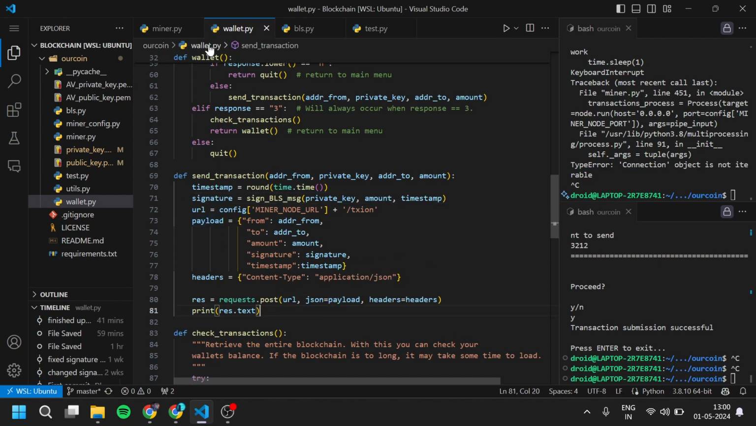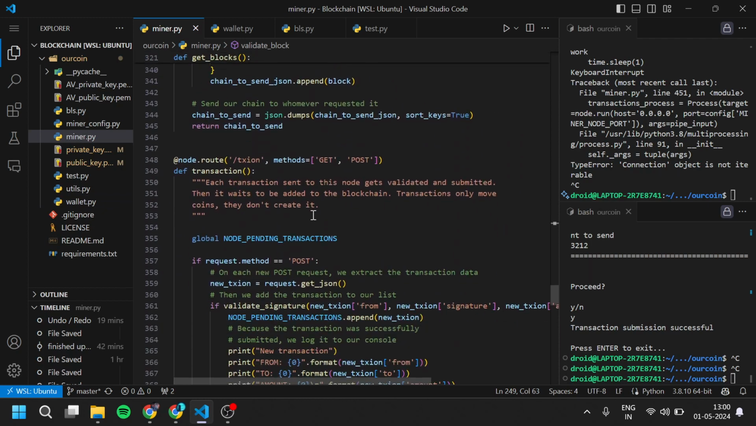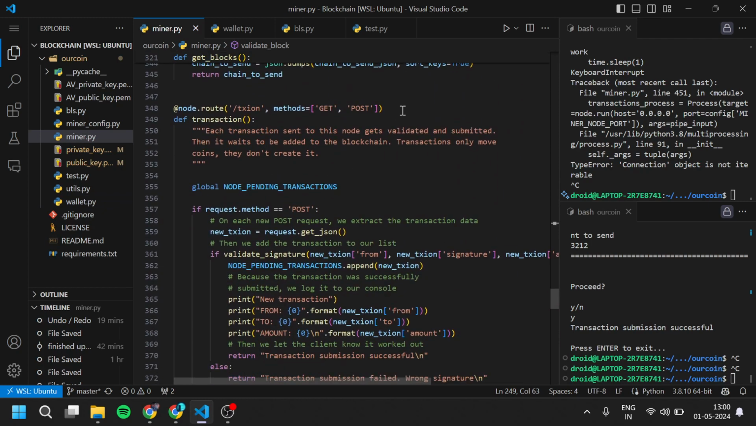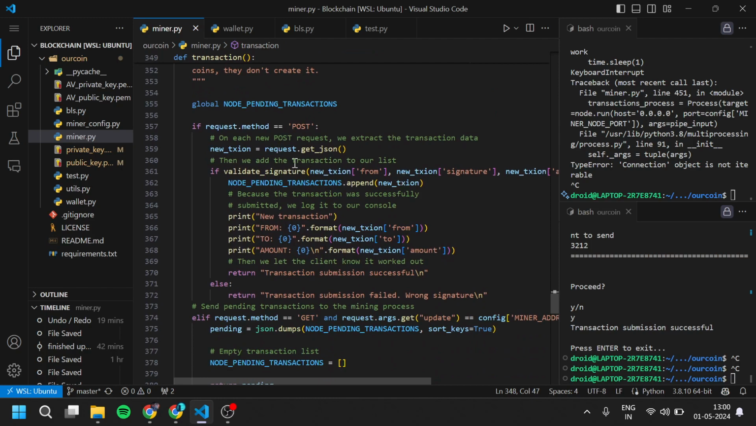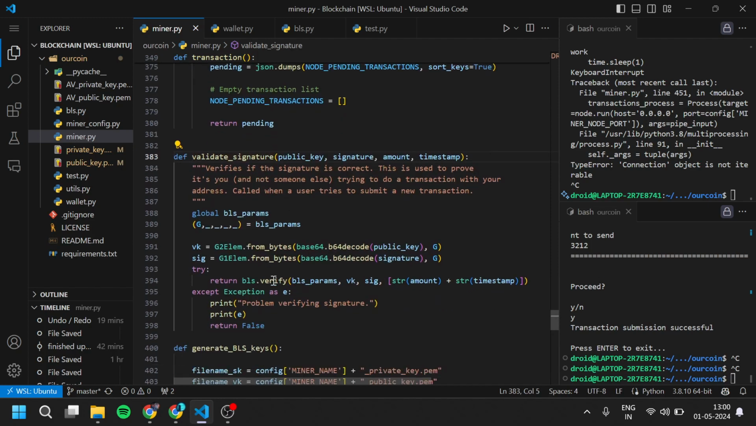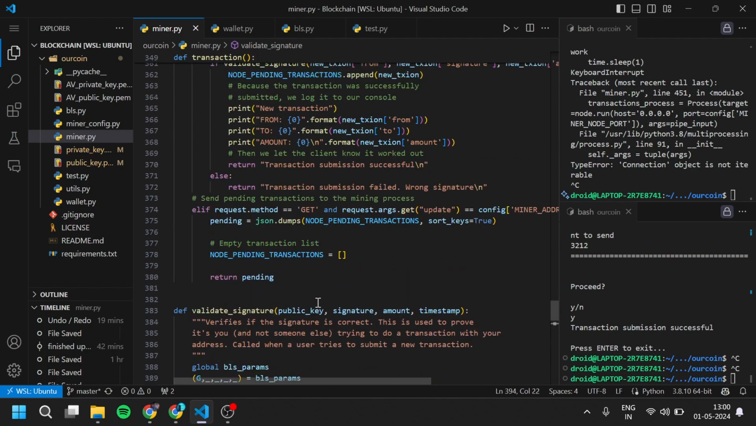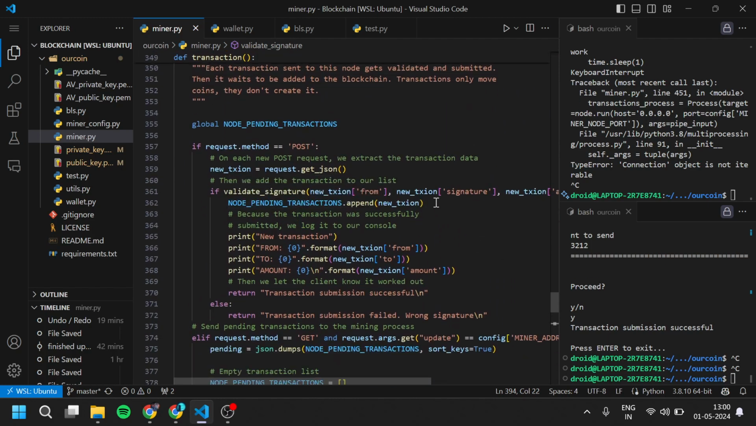The miner basically runs a server on their side, and in the server they can receive transactions. So when a miner receives a specific transaction from a user, we first of all call this validate signature function, which validates the signature using this verify function. And then if the signature holds true, then we add that transaction to our list of